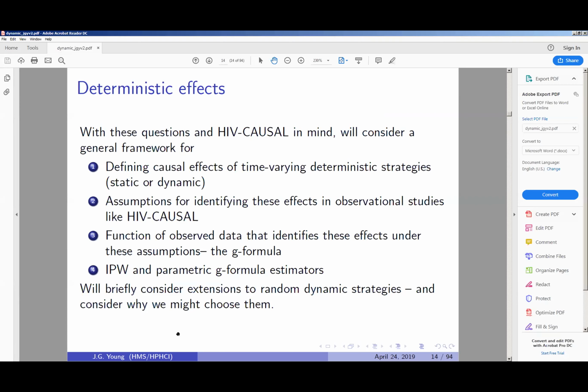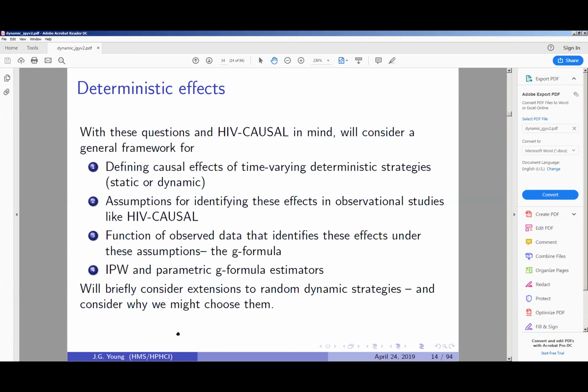So for any two different deterministic ART initiation rules, or your treatment rules that you're keeping in mind, let's call these generically G1 and G2. We can define an individual causal effect by the fact that we're imagining that we can define these counterfactuals, say YG1 minus YG2, so each individual has some causal effect.